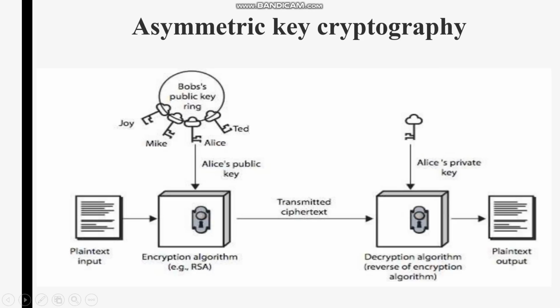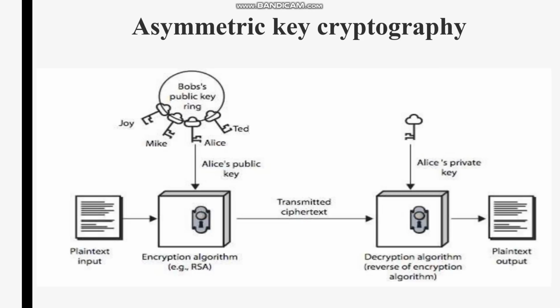Alice received the ciphertext, performed decryption using her private key, which is known only to her, to get back the plain text. Now let us assume Alice wants to communicate with Bob. In that case, Alice should know the public key of Bob. So if Alice wants to send a message to Bob, Alice will use Bob's public key to encrypt the message and send the ciphertext to Bob, and Bob will decrypt that message using Bob's private key, which is known only to Bob. So this is how asymmetric key cryptography works.